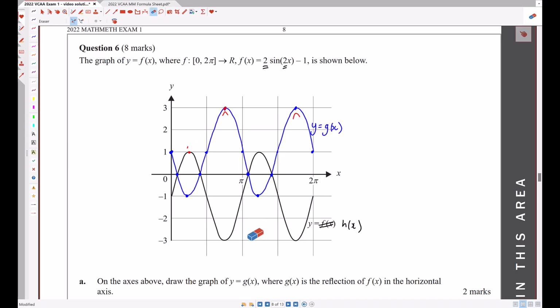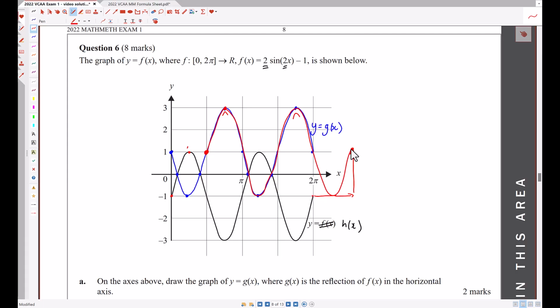this original black graph, this point, we move it to the right by pi on 2 and up by 2. It would have ended up here, etc., etc. This endpoint here, we move that to the right by pi on 2 and up by 2. And that's going to end up here. Okay, so what happens here is this here is the graph that we end up with. So we're following the same shape,